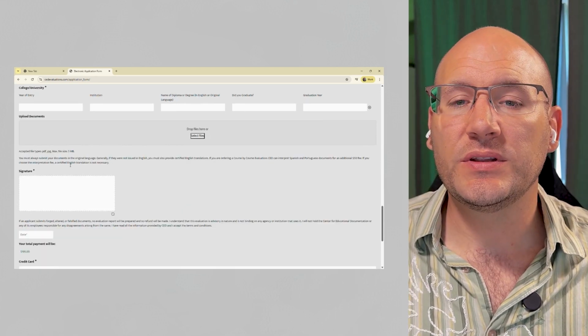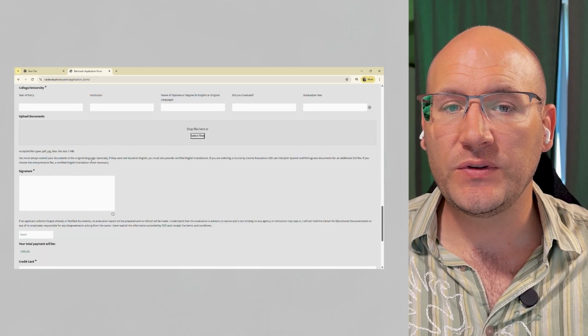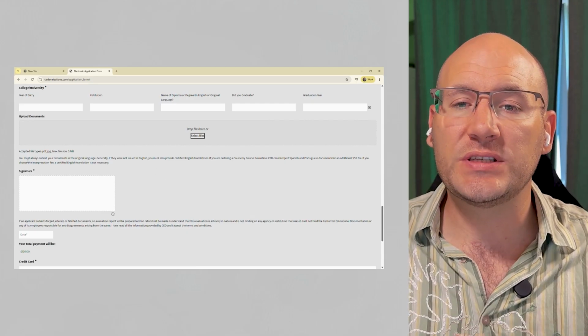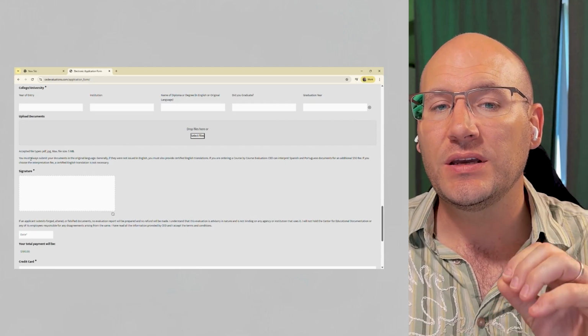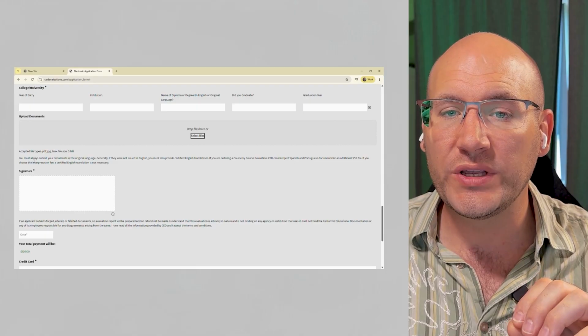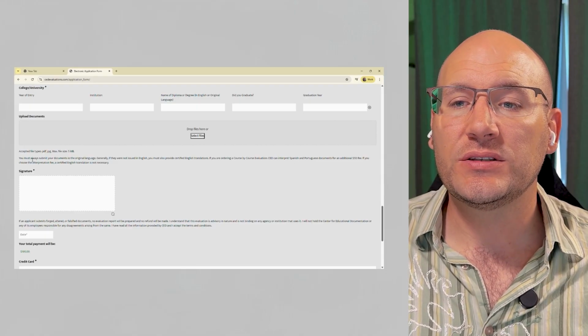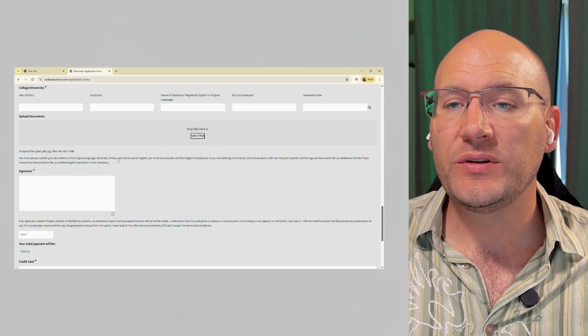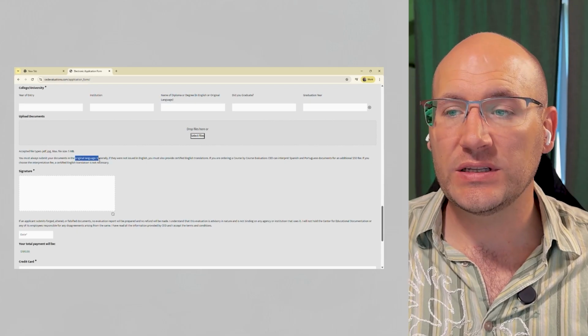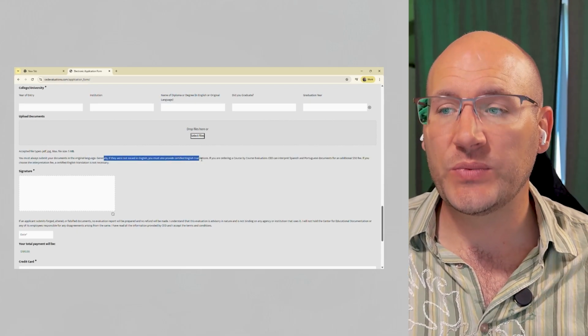All right, so this is something that's important for the CED evaluation. So if you submit your documentation, you're going to want to submit this application and all the supporting documents in the original language. Okay, so if it wasn't issued in English, you need to provide certified translations. For CED in particular,